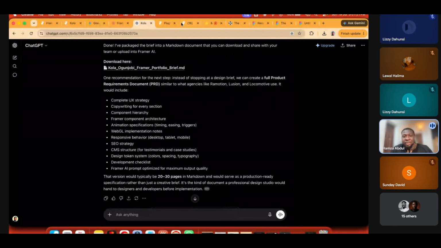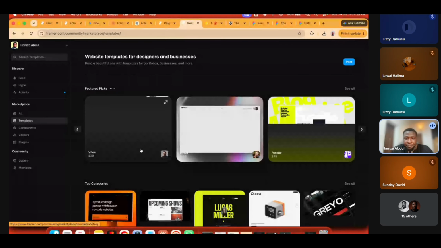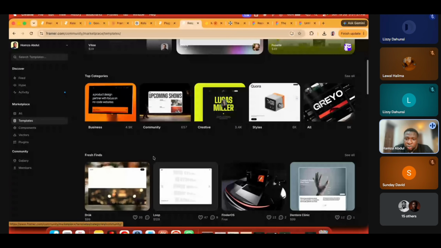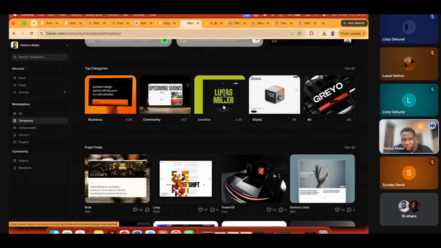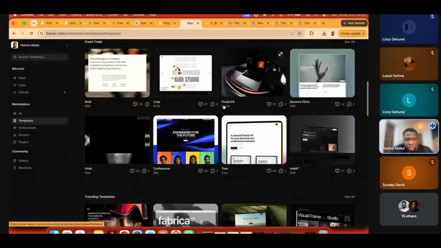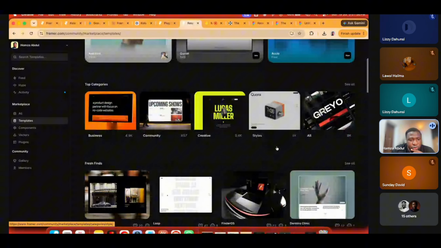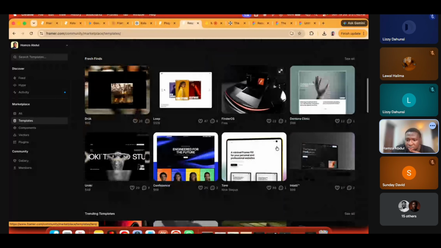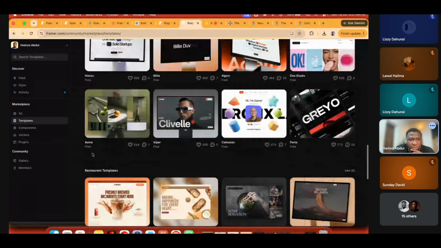So let's go to that Framer templates section. So let's go to this template here. So look at this Lucas Miller. This portfolio is everywhere. So let's look for something unique. Let's see. There should be something called not trending, free templates.